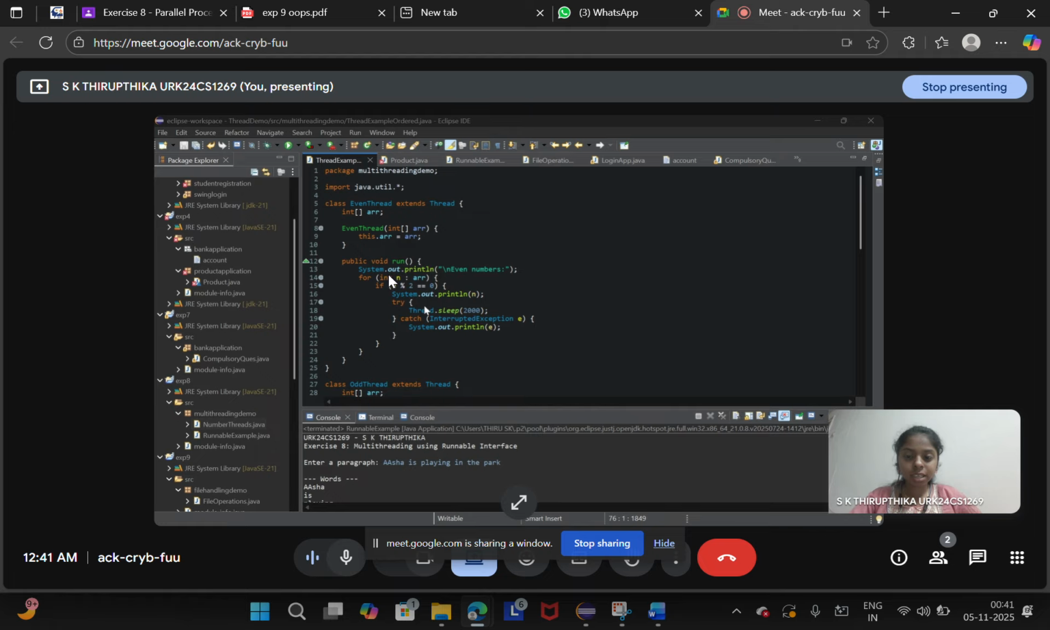Then we create the even thread class. The even thread class is created from the built-in Thread class. It would take the array of integers through the constructor, and then store it in the array called ARR, and then it would run the method which is overridden. After each number, it would pause for 2 seconds using thread.sleep, into which we give the time delay of 2 seconds, and then if the sleep is interrupted, it would catch